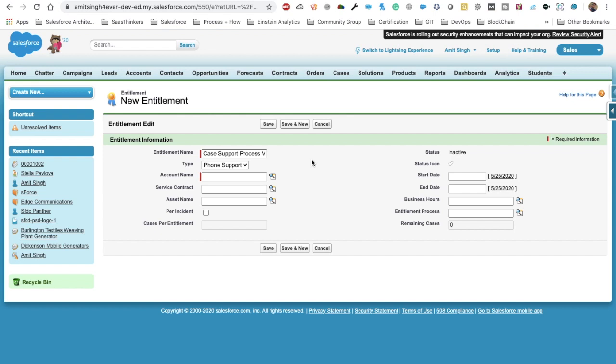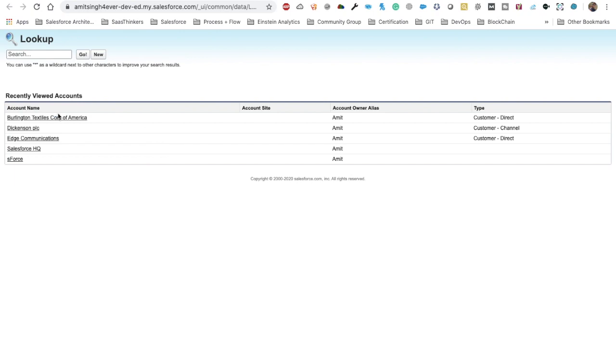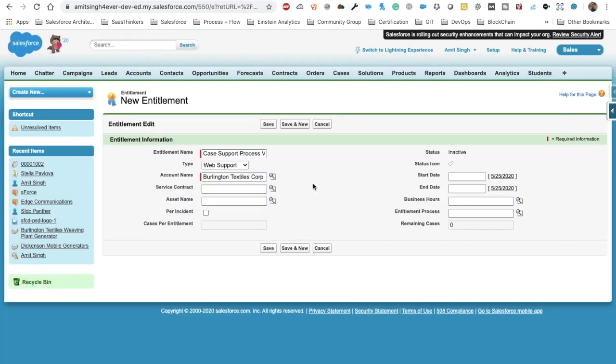In future if we wanted to change anything, and then we have type, like we wanted to provide phone support, we wanted to provide web support, you can select as well. And as this is a picklist field, you can also add more picklist values as well. And you can see here there is a new required field, that is account name. So here you might want to either select a valid account name, or you can create a dummy account name and associate it with this account name field for that account.